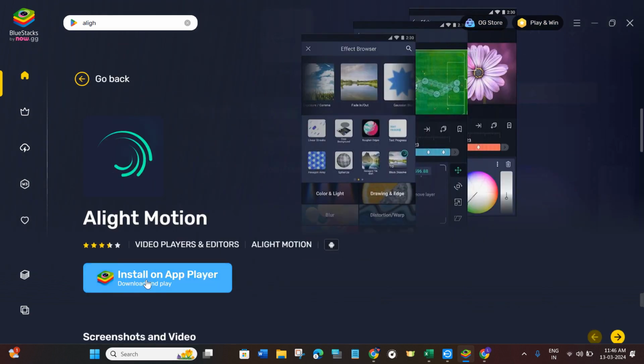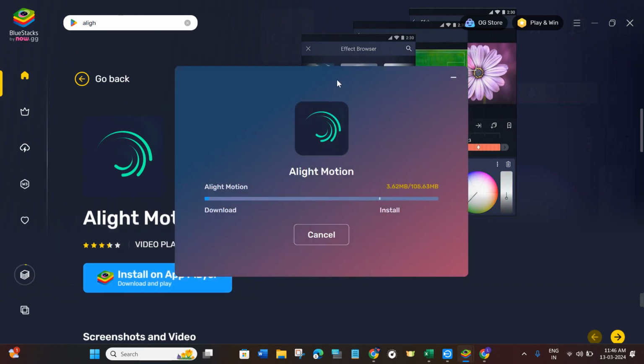and here you will be able to see the option of install on app player. So you need to click on this option and then you will be able to see that Alight Motion is now starting to download on your device and it will be installed on your PC. With the help of Alight Motion, you can do animation and video editing, so you can use this application on